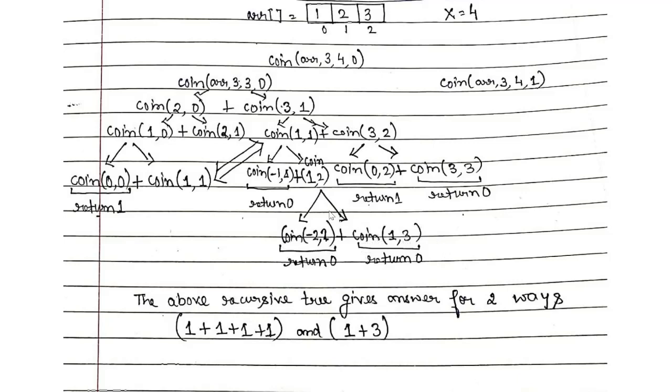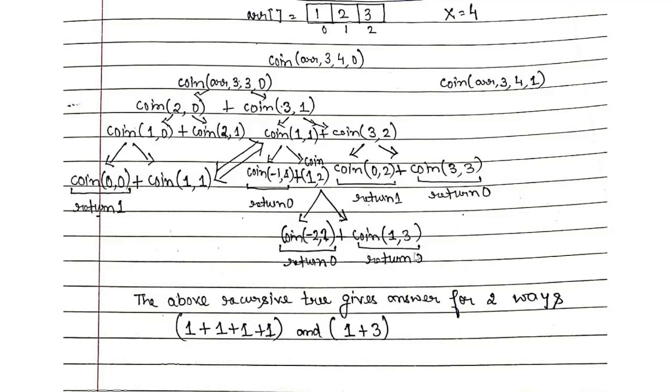But in this case, both are base cases. This is a base case again. Why? Because I am left with a negative amount now. I cannot make a negative amount with the help of positive denominations. And hence I will be returning 0 from this path. But what about this path? Why am I returning 0 from this path? Look, can you notice this 3? Do we have any denomination present at index 3 over here? No. This 3 signifies that I am out of my denominations now. Now I do not have even a single coin with me. So when I do not have even a single coin with me, can you ever make a change out of no coin? No. You can never make a change out of no coin.